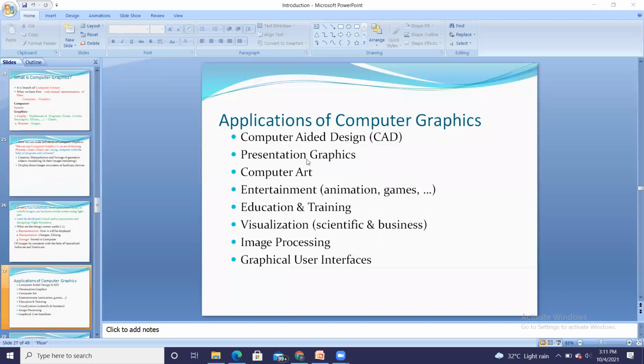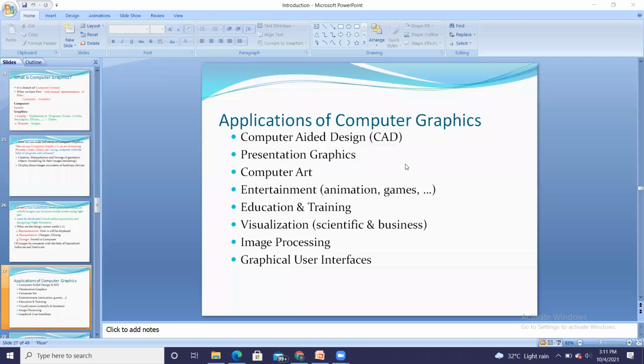So the first application of computer graphics is in CAD, that is computer aided design. You might have heard this word CAD before. It is used in many cases, like by builders, in production of any machine, or by architects. CAD is nothing but computer aided design, that is how the object will look. So it is going to represent. The first thing that we can do with CG is representation.